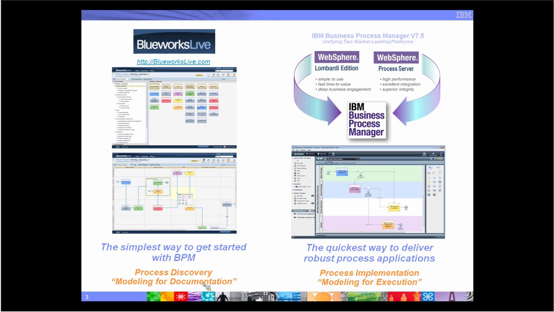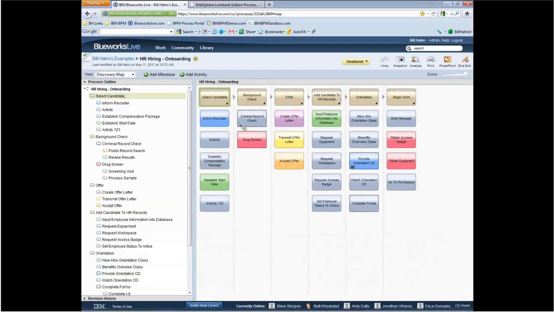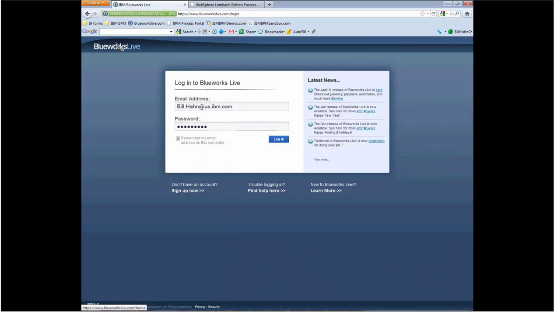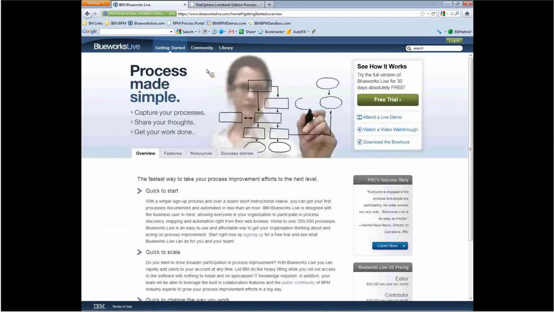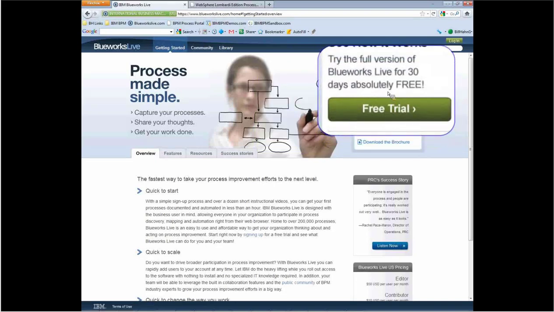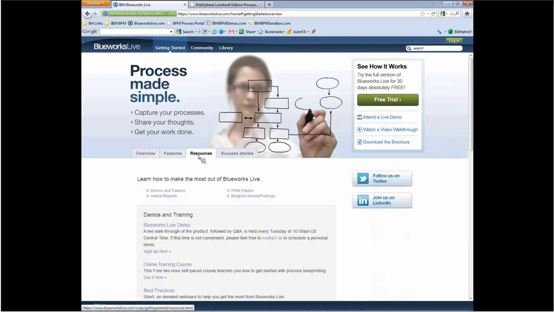So let's go ahead and take a look at what BlueWorks Live consists of. In BlueWorks Live, first of all, when you go to blueworkslive.com, you get to a landing page that looks like this. And on this landing page at blueworkslive.com, you can sign up for a free 90-day trial, and start using it immediately. The resources page on blueworkslive.com has a number of resources for you, so that while you can begin using this with almost no learning curve, we have